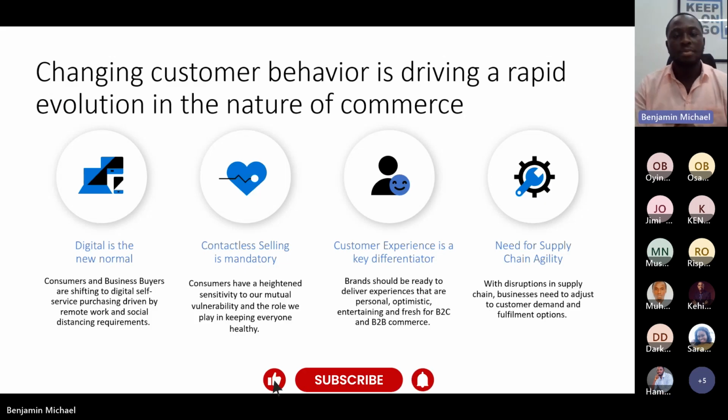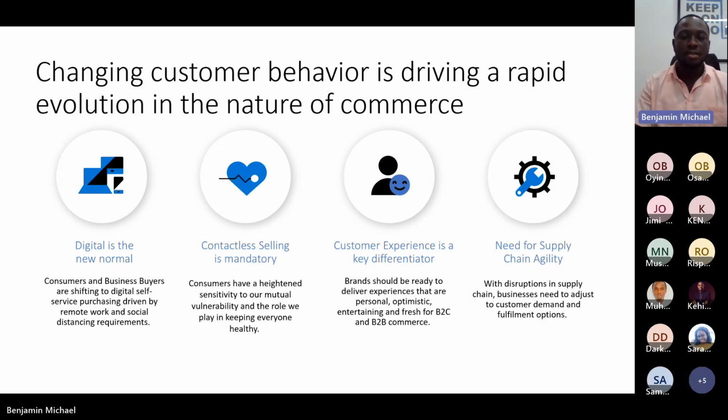So, changing customer behavior is driving a rapid evolution in the nature of commerce, and retailers need to adjust to every phase of this change in order to stay profitable and competitive in today's market. Customers are actively seeking a digital way of purchasing products and services.